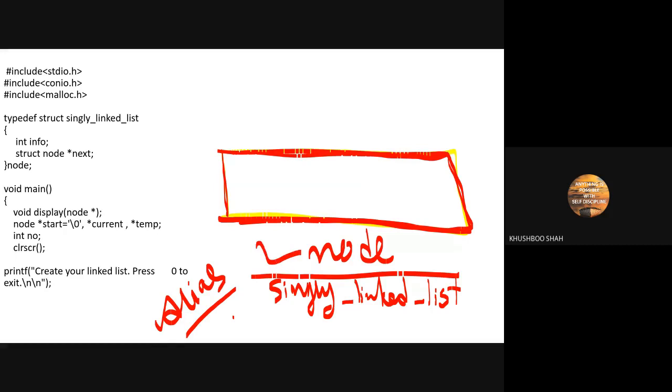This node has two data members. One is info and the second is next. This structure is divided into two sections. First is info and second is asterisk next.